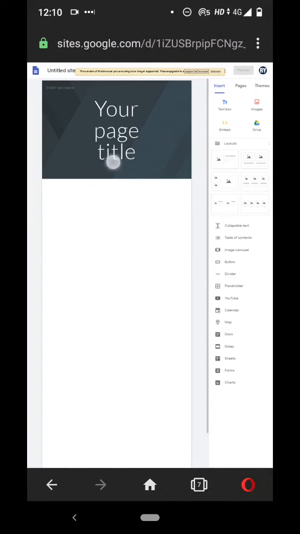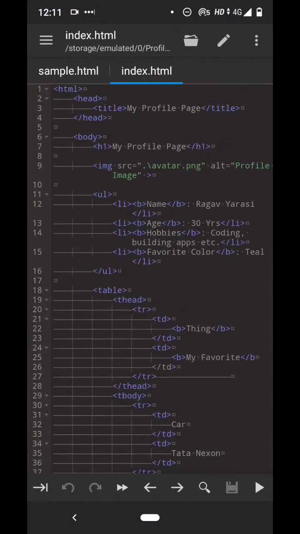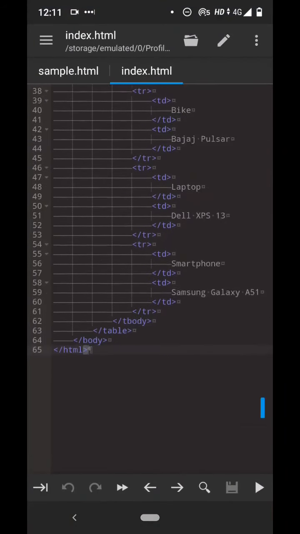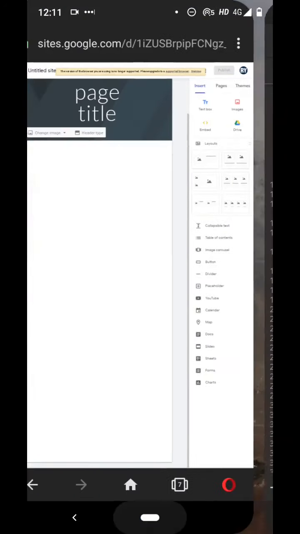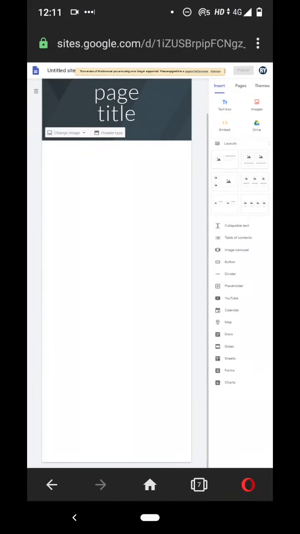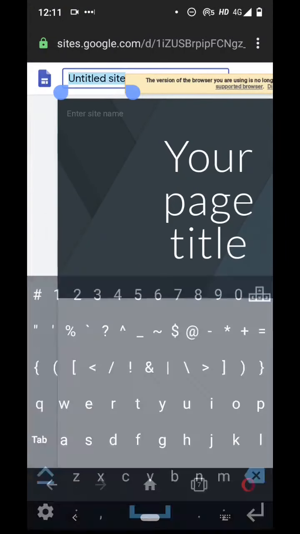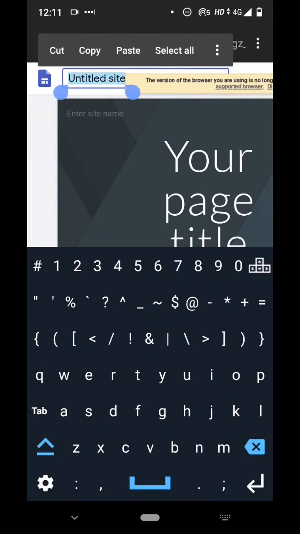This is a tool that Google has provided where you can publish websites from within this platform. This platform is designed to help you build websites, but we are going to use this to write our HTML code. We already saw this HTML code that we wrote. What I'm going to do is publish this in our Google Sites platform. First, I'm going to name this site. I'm going to call it my